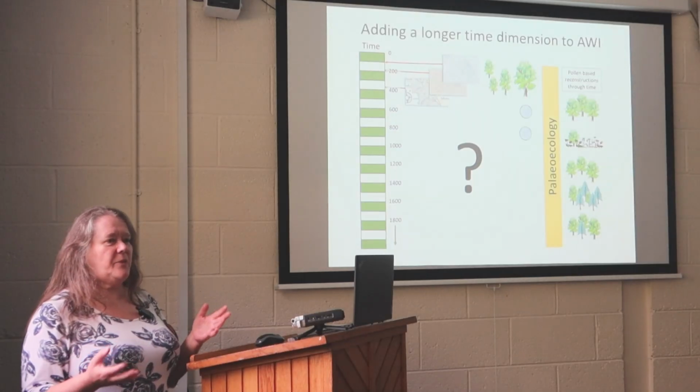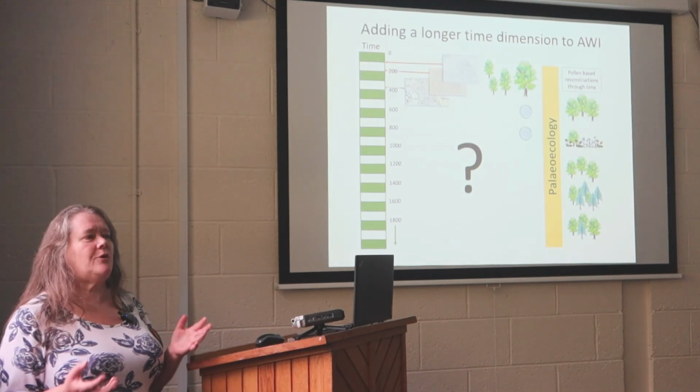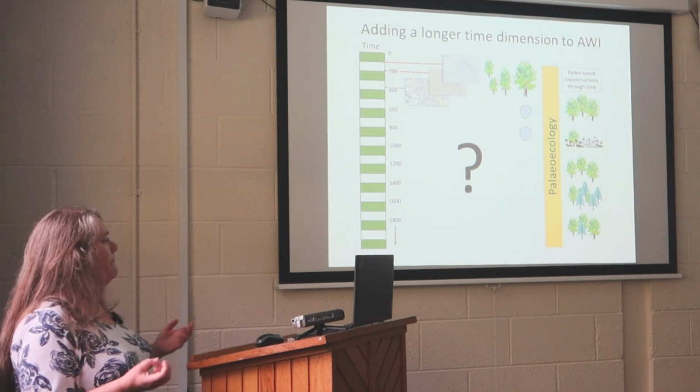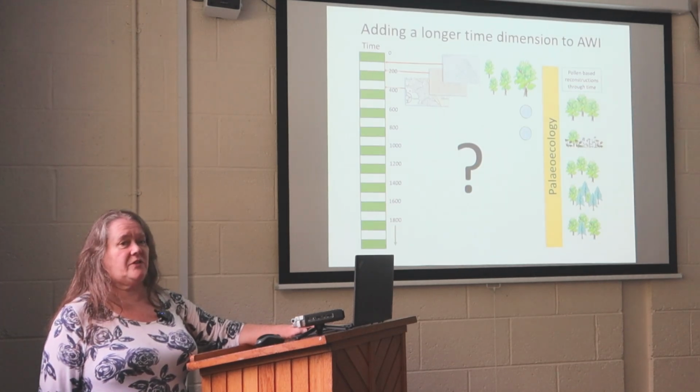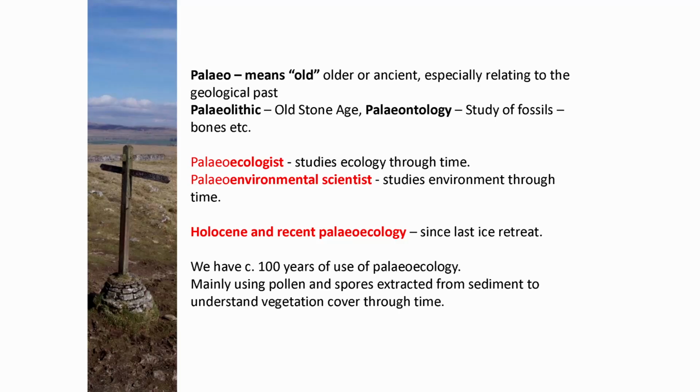And I think that most people in this room who are keen on woodlands will know that there is palaeoecology. And palaeoecology is looking for proxy evidence and reconstructing from that ancient woodland, usually by things like pollen. So paleo just means older, for those who haven't heard of palaeoecology before. You might have heard of paleontology, or Paleolithic for the old Stone Age, but palaeoecologists look back in time and try and work out what the environment was doing,